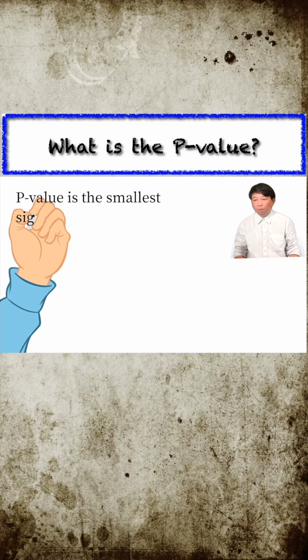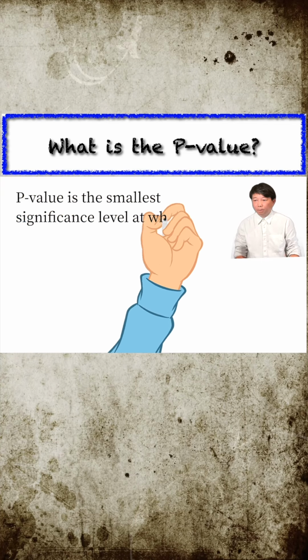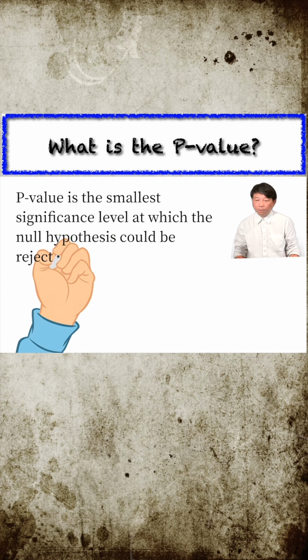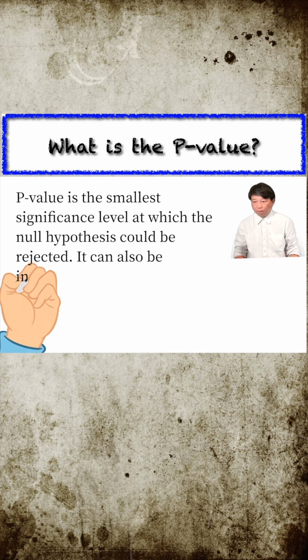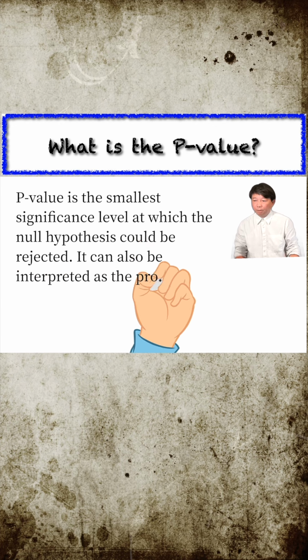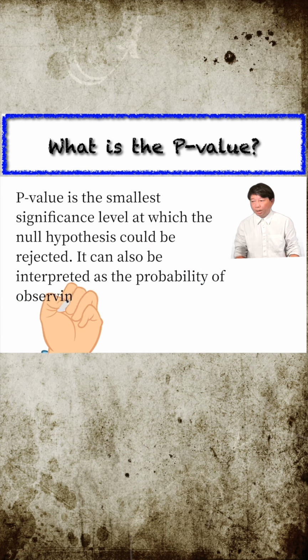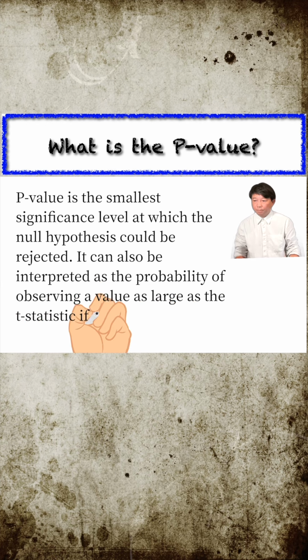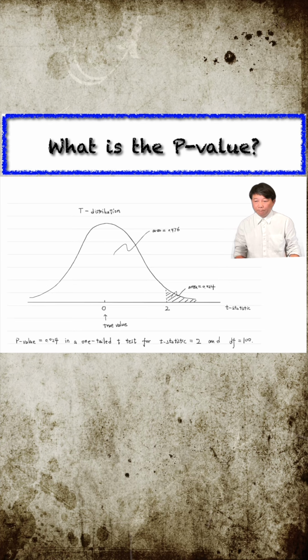P-value is the smallest significance level at which the null hypothesis could be rejected. It can also be interpreted as the probability of observing a value as large as the t-statistic if the null hypothesis is true. For instance, if we obtain a t-statistic of 2 in a regression with 100 degrees of freedom, the corresponding p-value will be